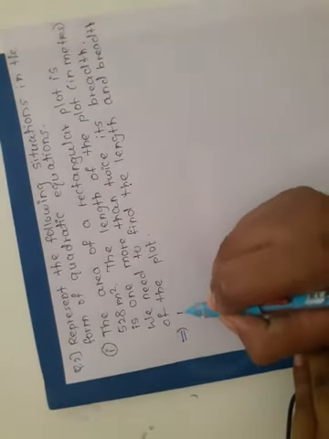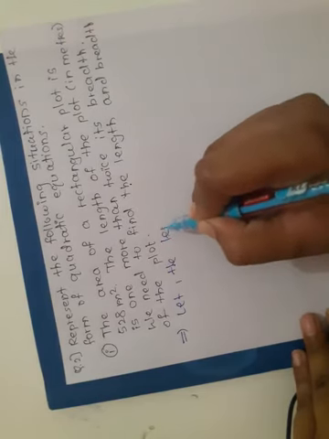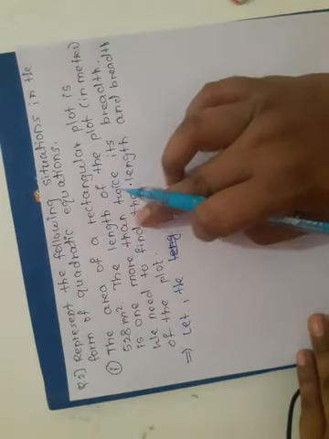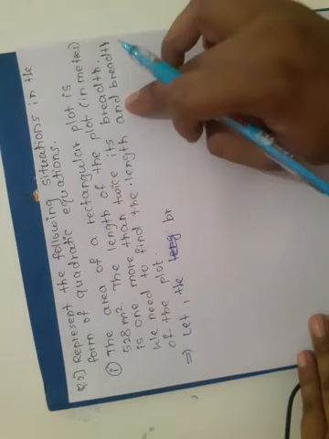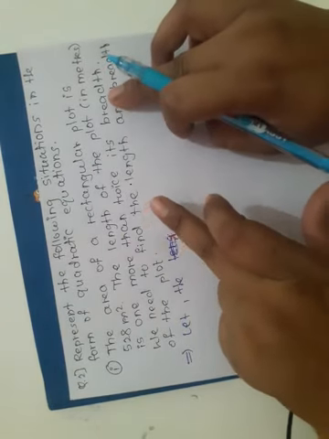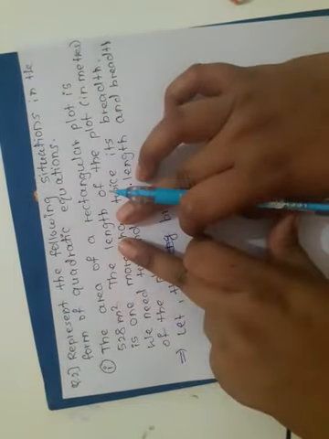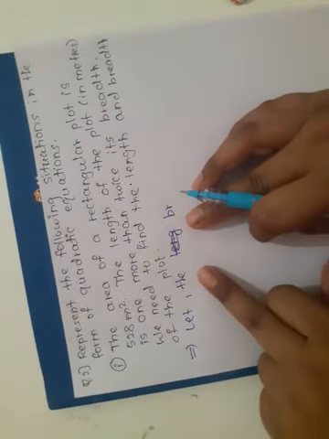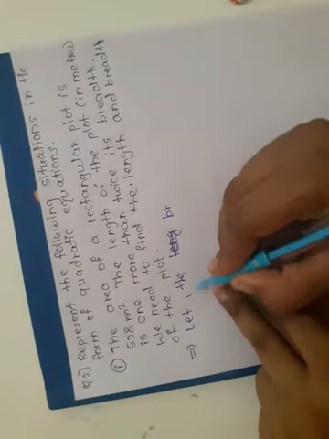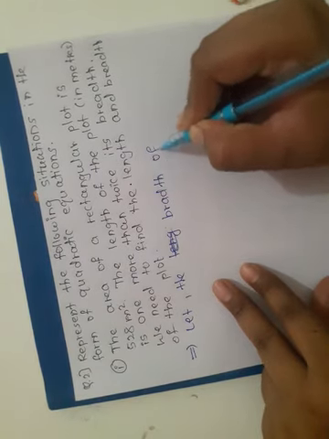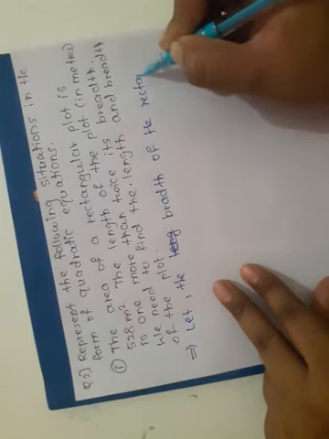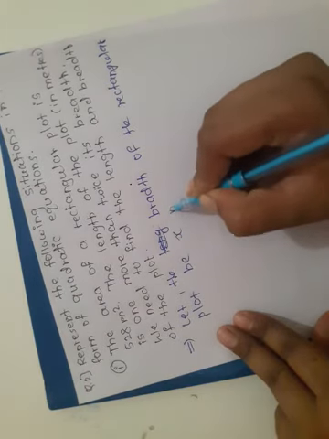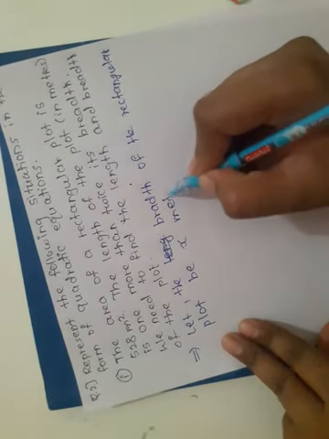So write down, let the breadth of the rectangular plot be x meters. First we have to suppose the breadth, because we are given that the length is twice the breadth and 1 more than that. So before we find the length, we first suppose the breadth as x. After that we get the length. Units are in meters, so x meters.